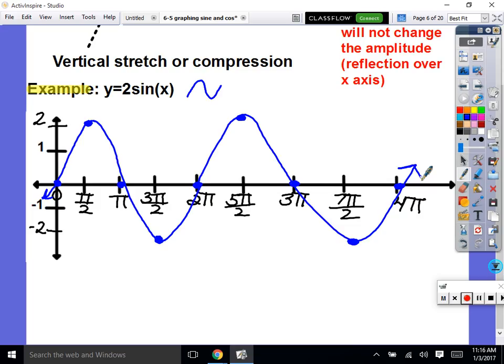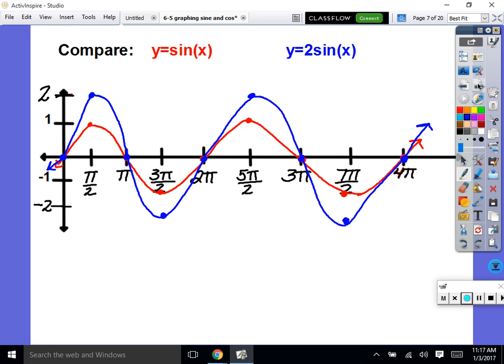Pretty good with amplitude. Sorry, I'm going to say that again. Our domain is still negative infinity to positive infinity, because we can keep drawing in as many cycles as we want. Our range now is from negative 2 up to 2. Okay, any questions? So is your range always